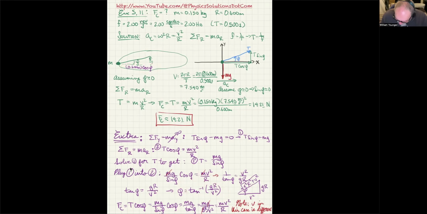And then we could go back and calculate the velocity again using 2 pi times 0.6 times cosine phi as the distance traveled and then divide that by the period, and that would give us a slightly different velocity. Then we could plug that velocity into mv squared over r, and that would give us another approximation of the actual centripetal force. But at that point, it's partially incorrect because we used a phi that was based on a